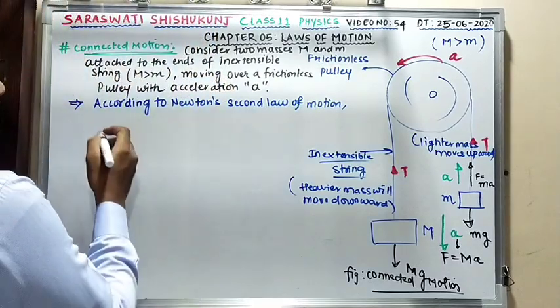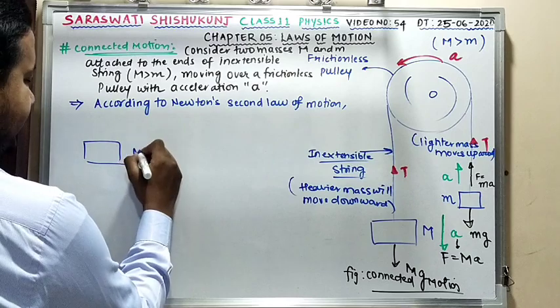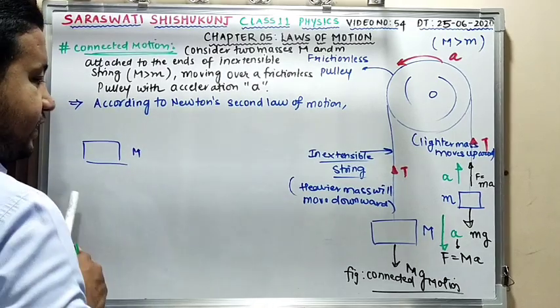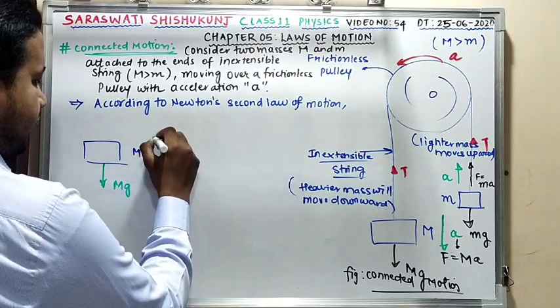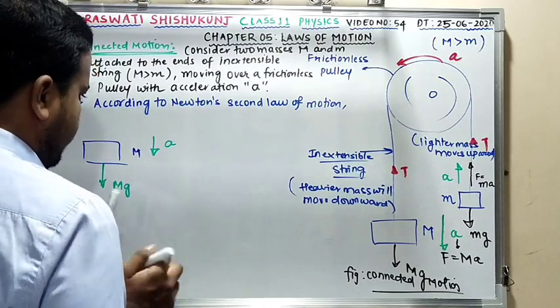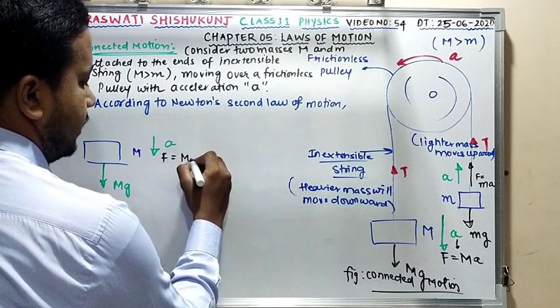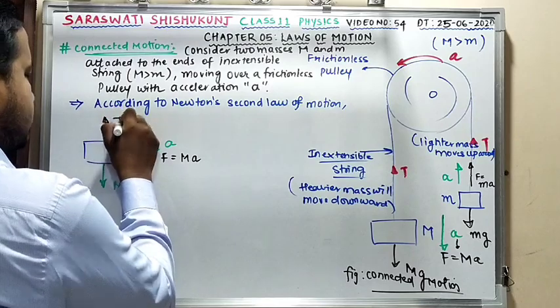So for this free body diagram, let us take an example. This is a mass over here. This is capital M. Yes or no? Its weight will be acting downwards. Very good. That is capital Mg. Moving with acceleration a downwards. So your resultant force is how much? Resultant force F is equal to capital M a, and your tension in the string is upwards. Still this clear?